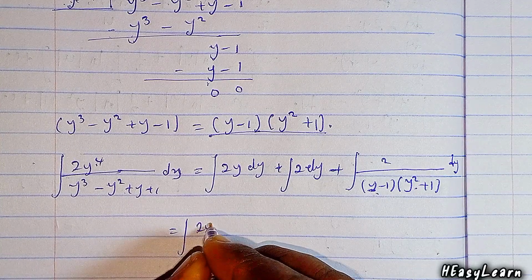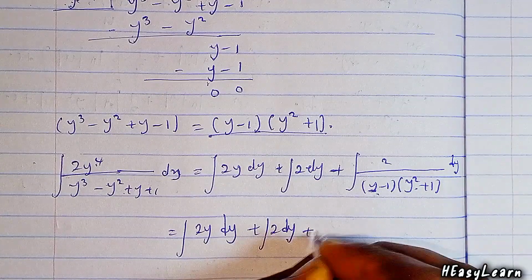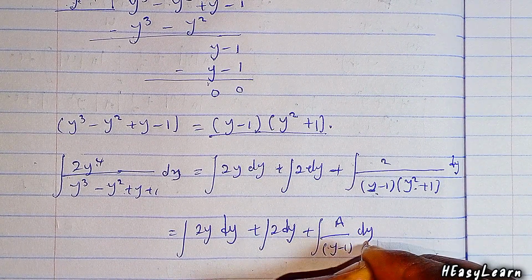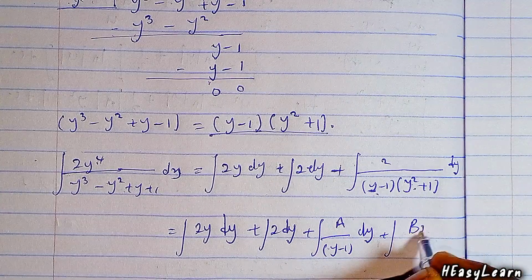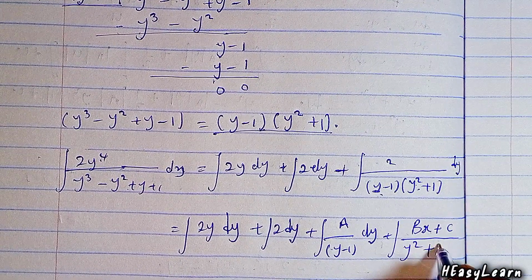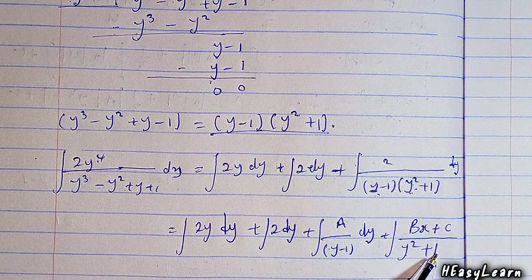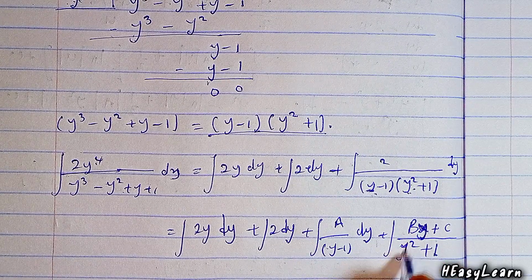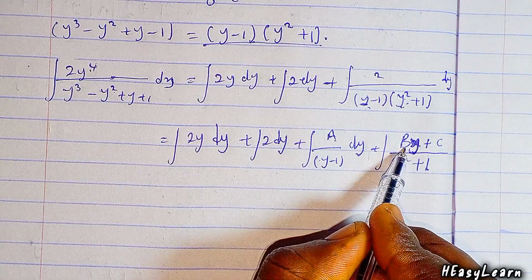This is the integral of 2y dy plus the integral of 2 dy plus the integral of A over the first bracket dy plus the integral of the second, because here is a square, Bx plus C divided by y squared plus 1. There is no other factor of this again. That is why we are having it to be the denominator like this, and we moderate the numerator with this variable. So to determine A, B, C now,